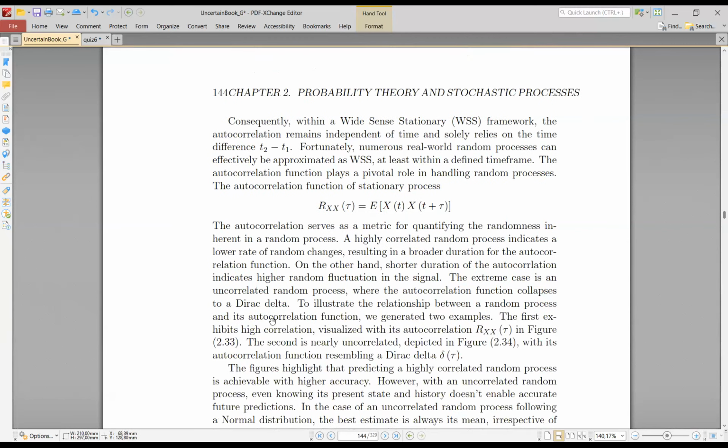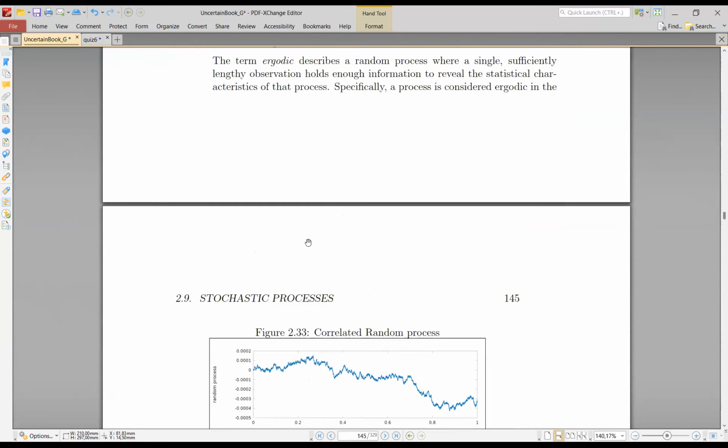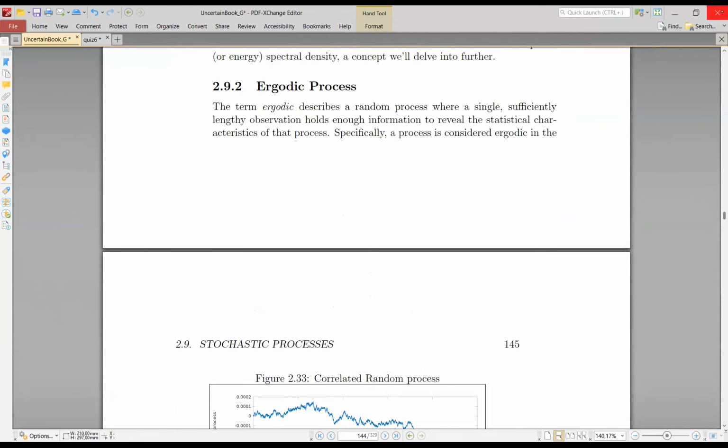Then if we continue, we talked last week also about the ergodic process, and we said that the ergodic process says that if you take only one time realization of the random process, and you take the mean and the variance or the correlation of that single time realization, it gives you all the statistical properties of the whole process. What I mean is, if you take the white noise, for example, shot noise or thermal noise, and you record this noise, let's say for 10 minutes,